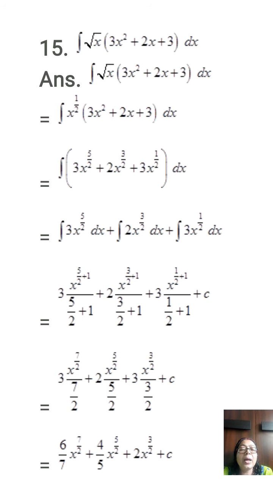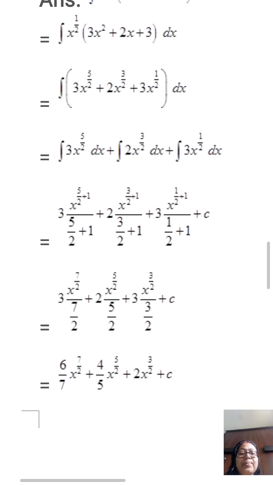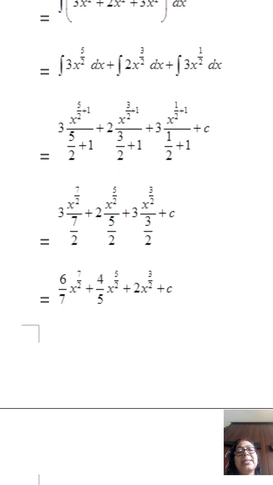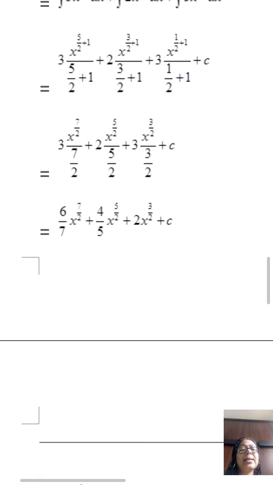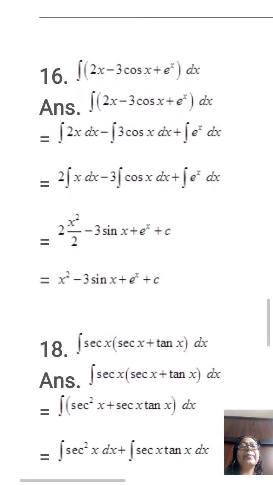So this x to the power 5 by 2, same formula, x to the power n plus 1, that formula we will use. So according to this, at the end there will be a plus c. After integration, in that line only there will be a plus c, which is the constant of integration.